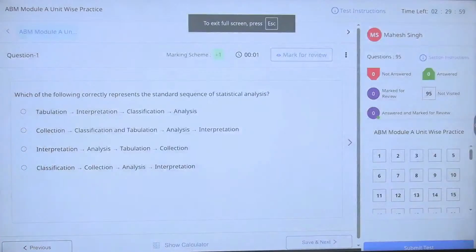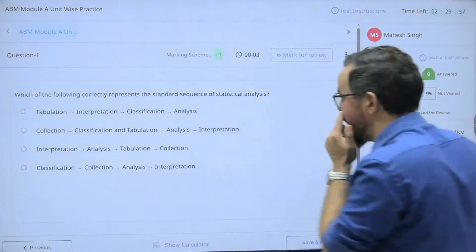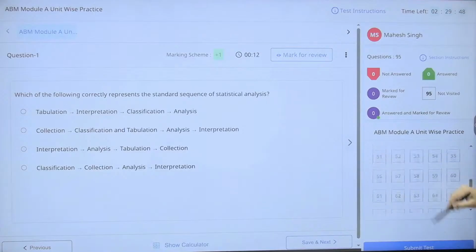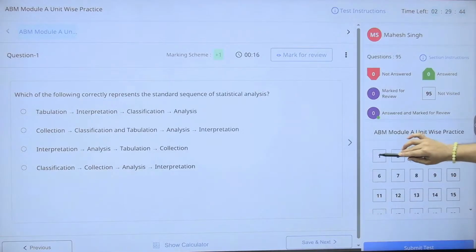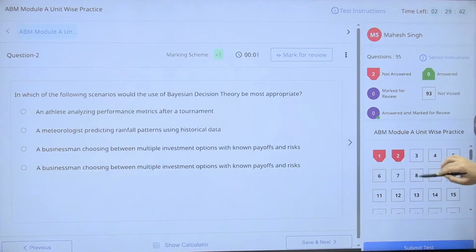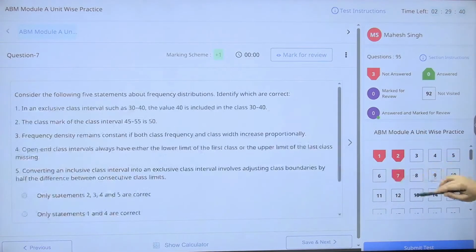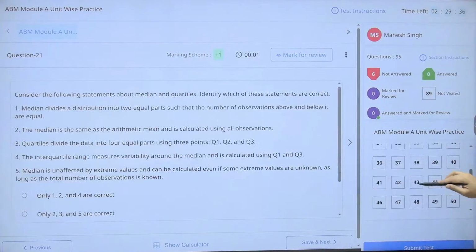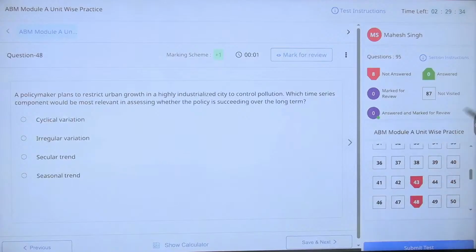I have added this at least for those who are not good in statistics, like me. You can attempt and re-attempt any number of times. It is similar to your exam interface also. Just practice this.